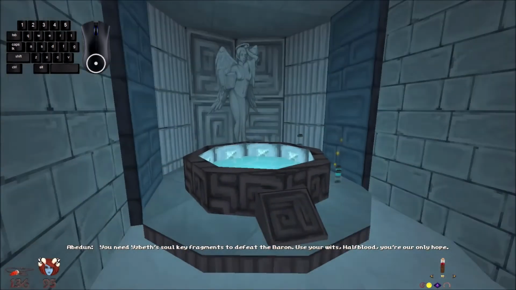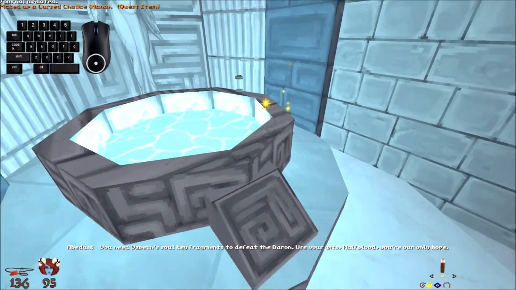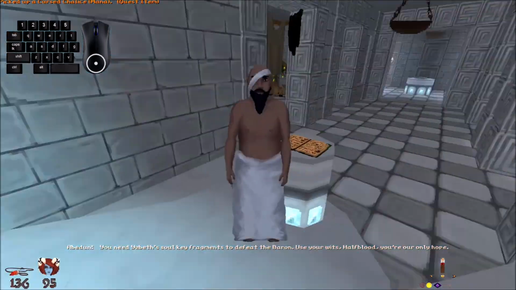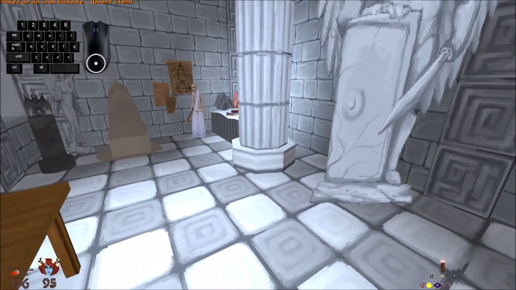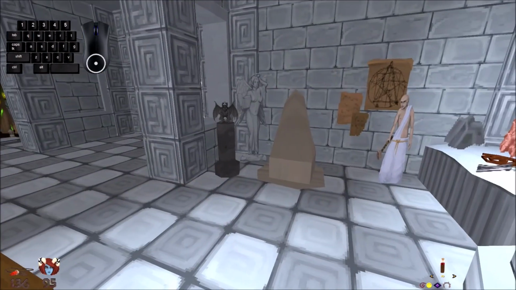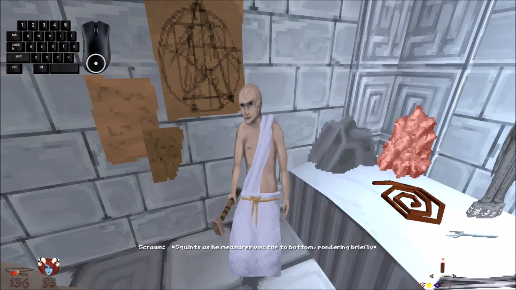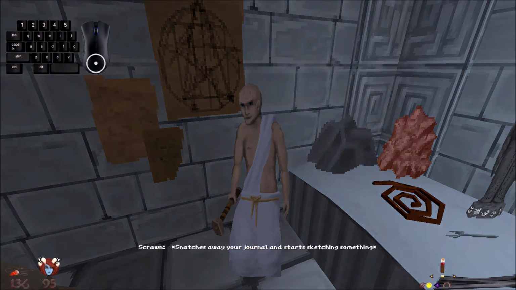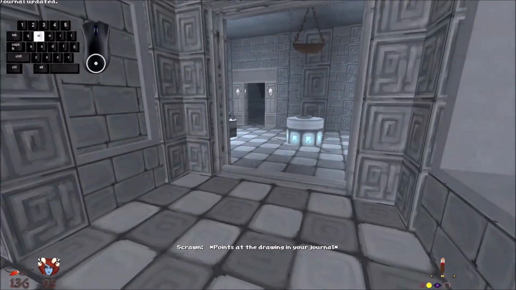Skip the briefing, immediately head to the mana pool to fill up the phylactery. Or not the phylactery, the chalice. Grab the mining pick so we can start collecting the salt rock, and then talk to this ex-cultist named Scrawn. As he gives you that task,